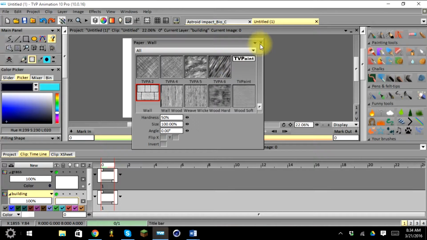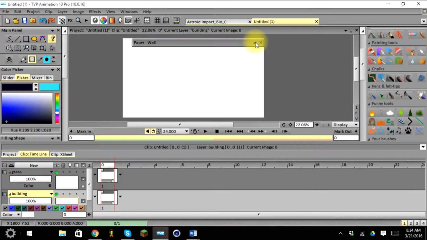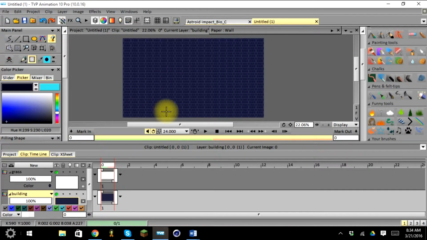So we're going to use a brick one in this instance. I'm just going to go ahead and close this out. You can also minimize it by using this down arrow here, and you can put it off to the side until you need to use it. So I'm going to go ahead and click on this, and as you can see, it came up with a blue brick wall. And our brick walls are usually, most of the time, unless they're painted, a brown